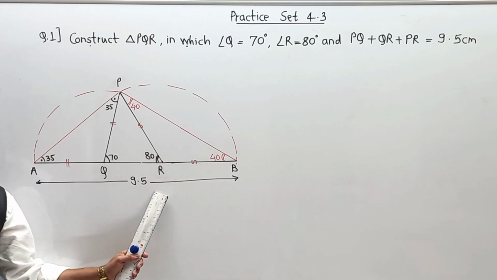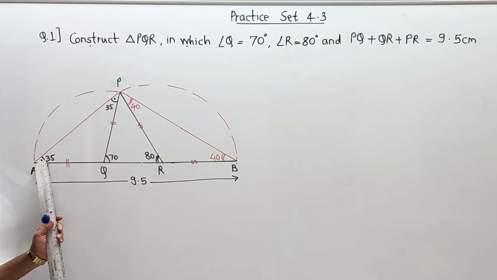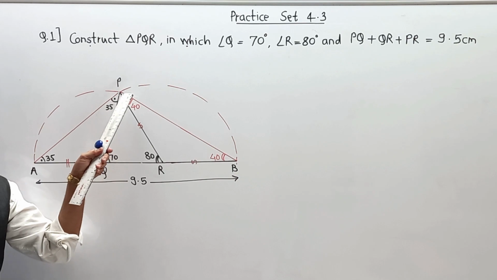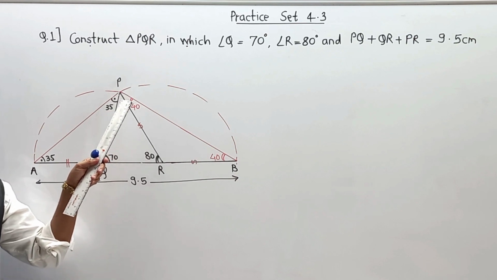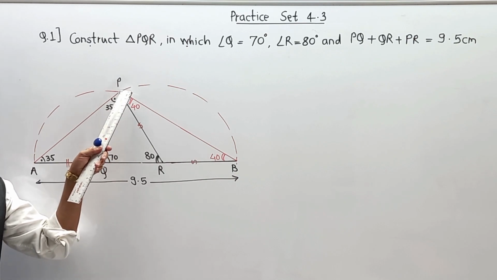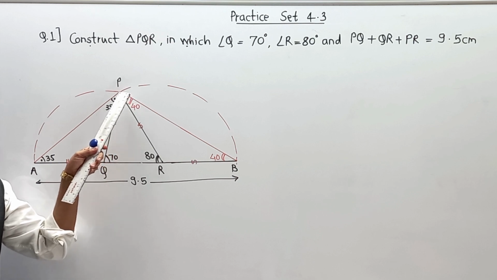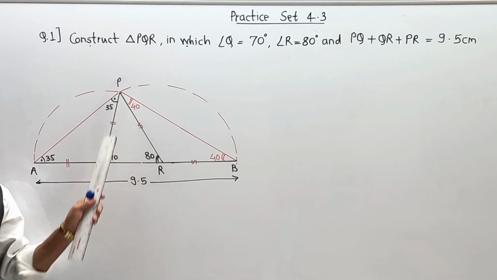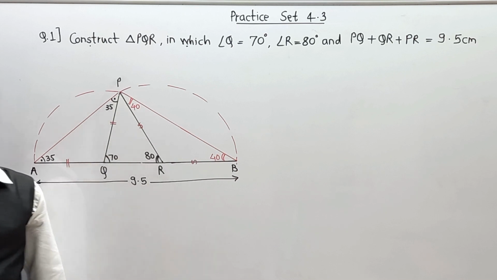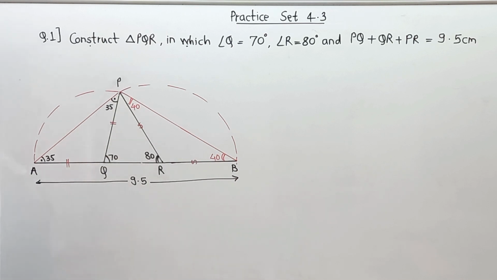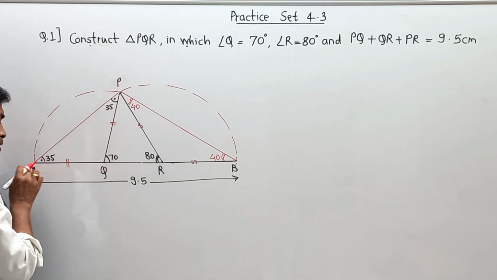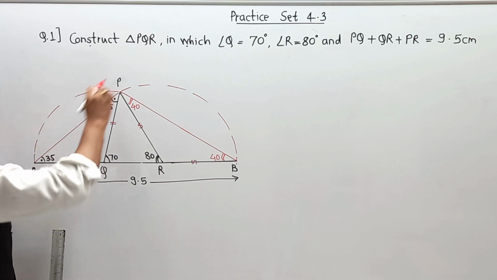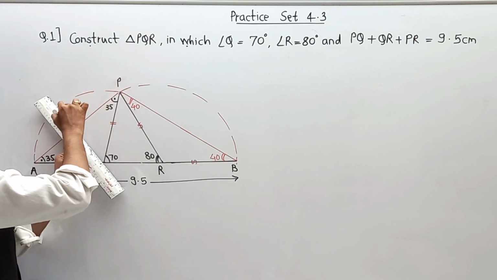After a length of 9.5 centimeter, we are going to take one angle 35 degree over here, second angle 40 degree over here, and their joining point will be P. Now again, after we draw point P, we are able to get the first position of point P, but we don't know exactly the position of Q and R. But these are nothing but QP equal to QA.